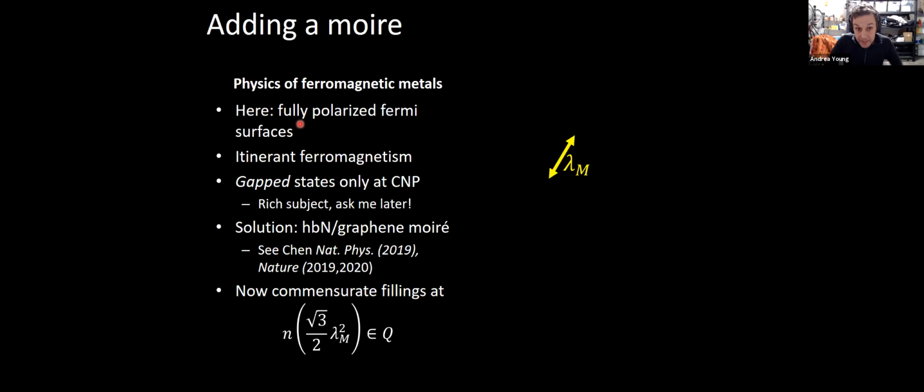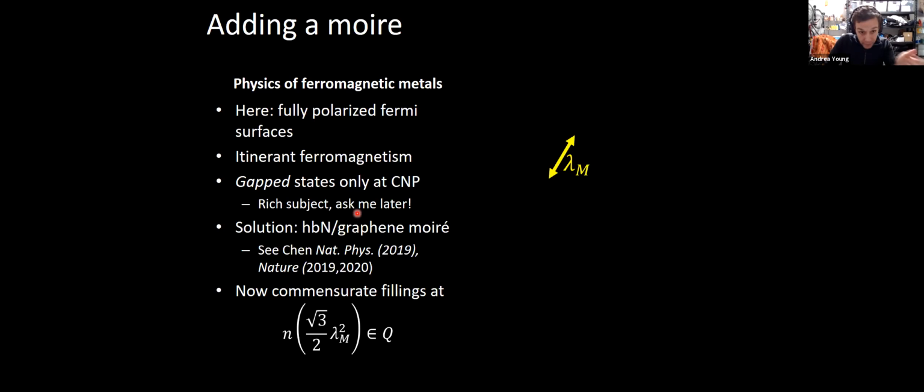They're itinerant magnets. There's many interesting things one can do with itinerant magnets in the direction of spintronics and so on. But for many of the things that our group is interested in particular, let's say relatives of quantum Hall states and topological insulators, we like gaps. Gaps have well-defined quantized properties. And in this case, where you have no moire, the only place where you can logically get a gap state is at some commensurate filling of the lattice, which, within accessible density ranges, is really only at the charge neutral point. So that's a rich subject of what happens at the charge neutral point.